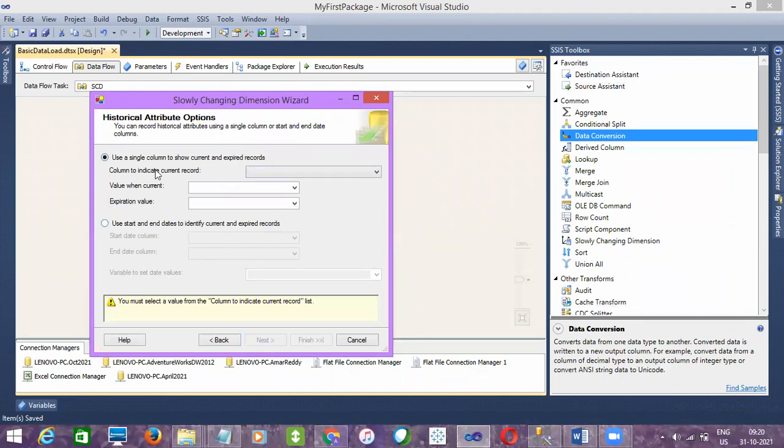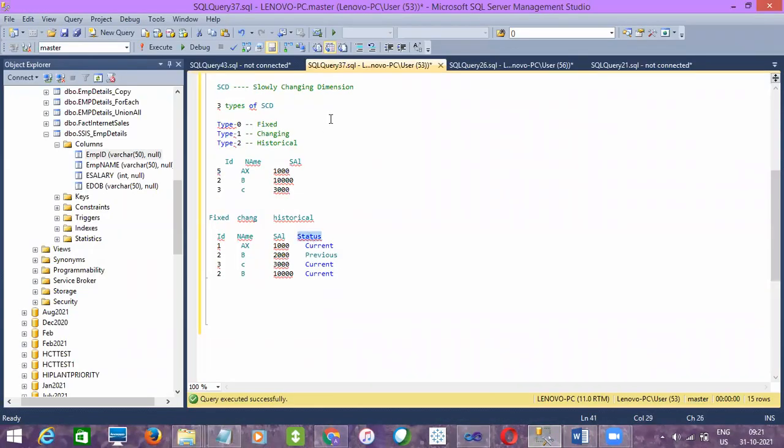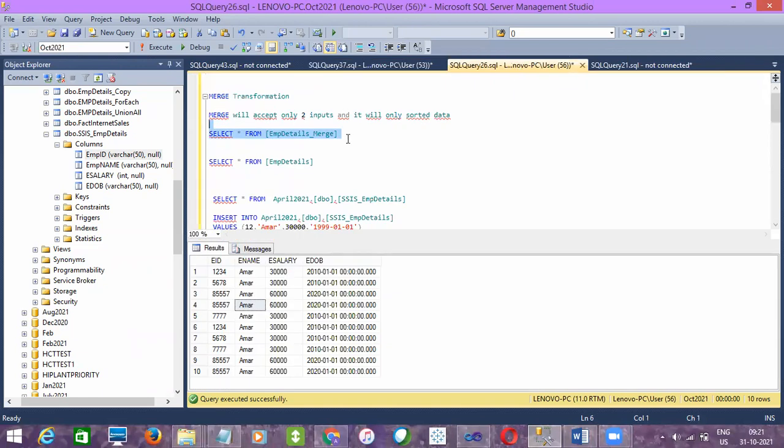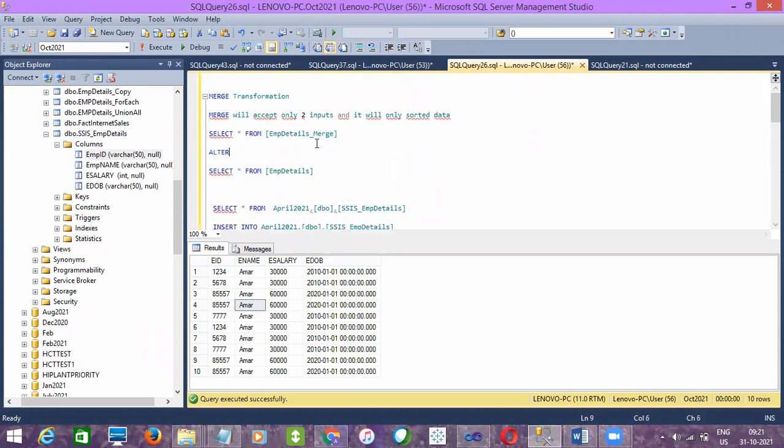Here we have to use a historical attribute, how to set it, right? Here we have to use the extra column which I told you to add, status, right? We did not add it, so let's add that to the destination table. So let me use alter table, table name. Why we are adding it is just to maintain which is the current record and which is the old or previous record, right? So add column, just use status varchar of 10.